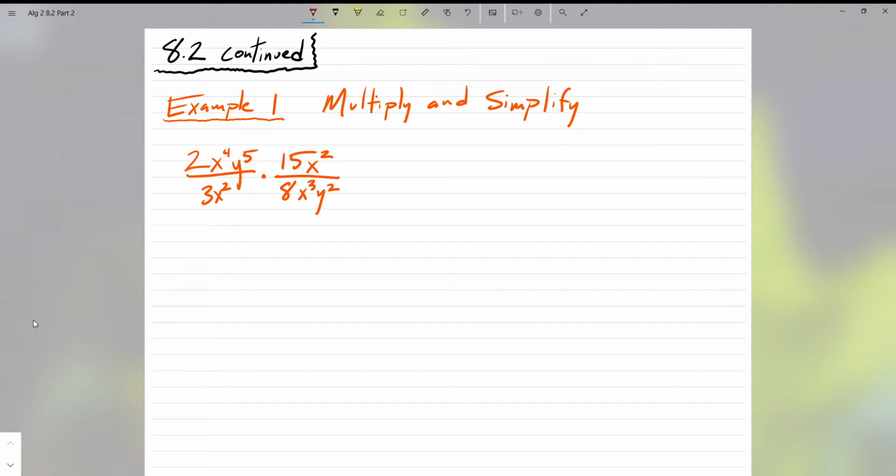Okay, in the second part of 8.2, we are going to be doing the multiplying and dividing of rational expressions. And I know you've seen a lot of this before. This is just basically harder versions of what you've done previously. So, in our first example here for multiplying,